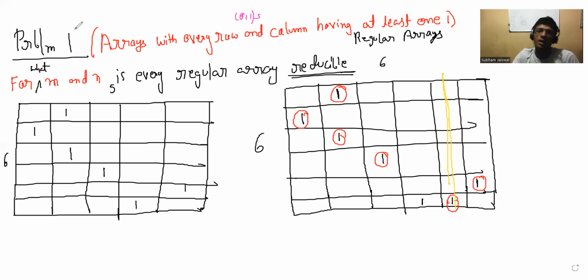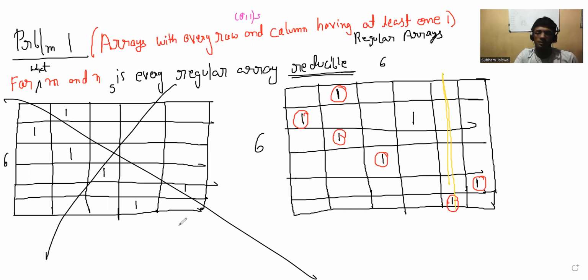Okay, but what if the situation was like this? And someone tell me, what should we have done in this case? So forget about this figure for now. If the situation was like this, then what should we have done? Certainly I'm removing this column. Let's say that is we do. Then what else should I do? What row should I remove? In this case,